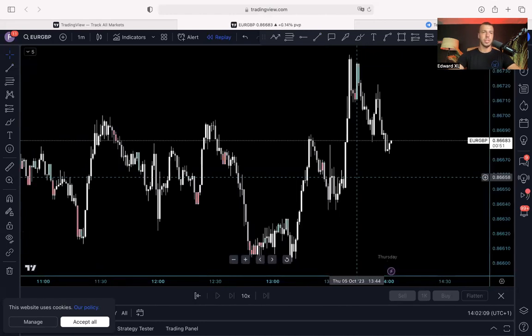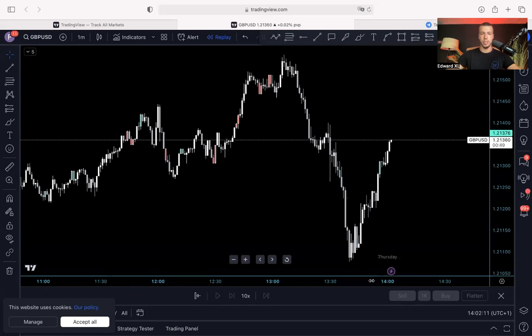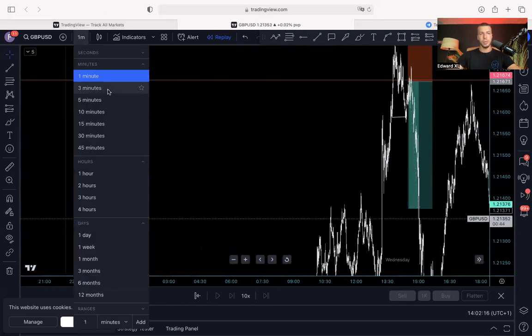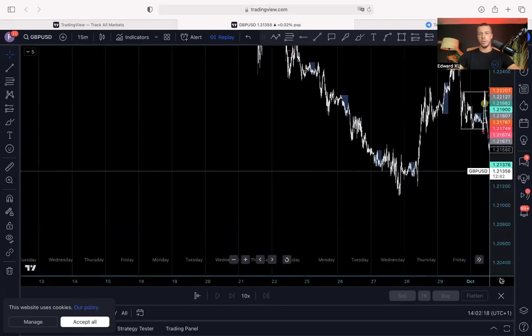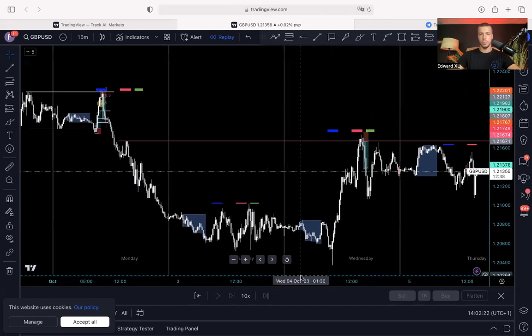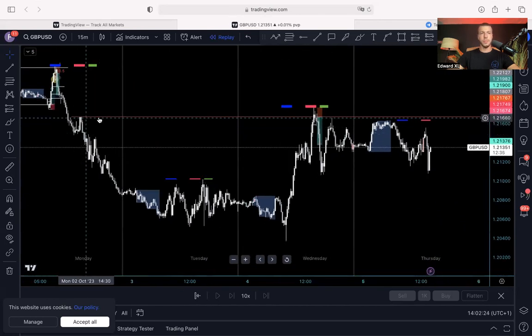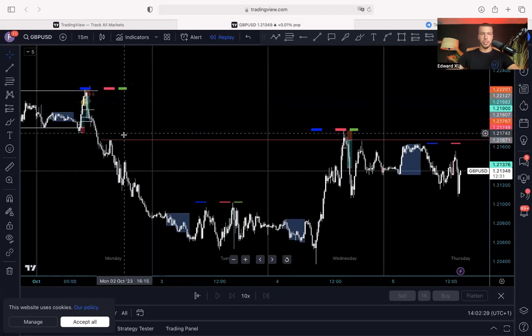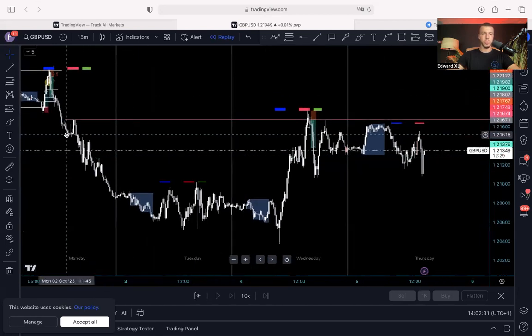Yesterday on GBPUSD, instead, we had a very nice trade after a clear grab of liquidity right here. Again, our good setups look good and look the same every single time. They look the same. That's what we do, right? So here we have this liquidity. This is some internal liquidity, and this is the major liquidity up here.